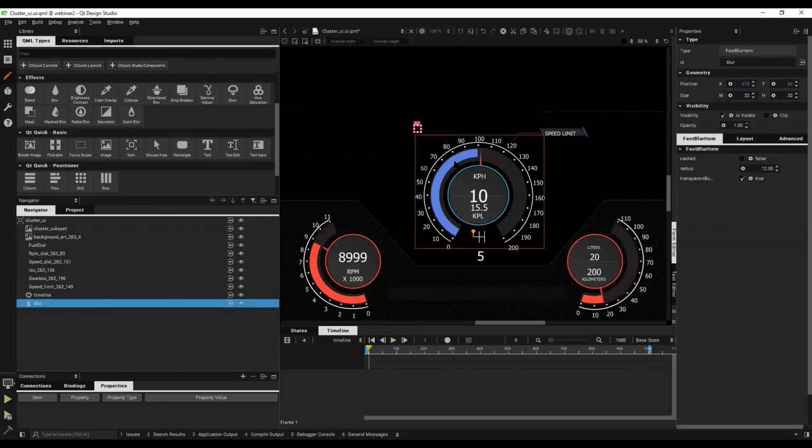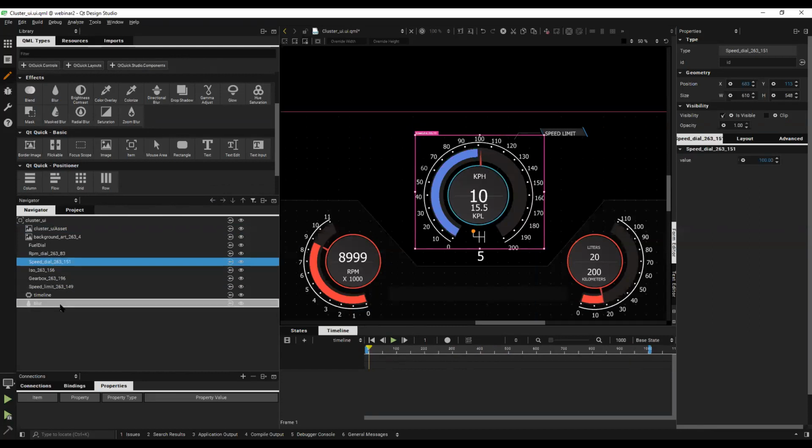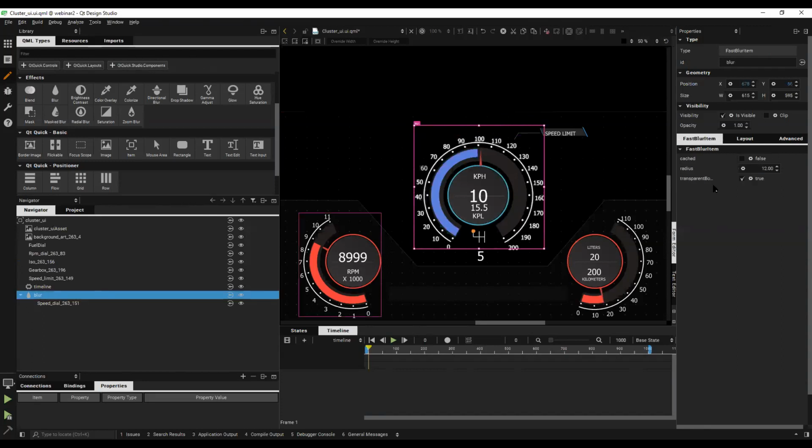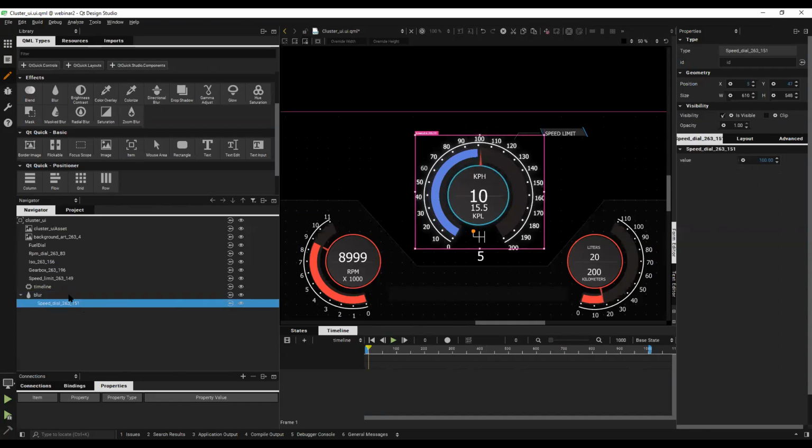And now I have my component here, the speed dial. I move that into the blur. And then I have to reset the formatter for now once to actually see it. And now we have the blur effect applied. We don't see much because the radius is pretty small. So let's increase the radius a bit. And now you see that it blurs. Actually, I see it, but let's see. We need maybe even more blur. It's blurred, but